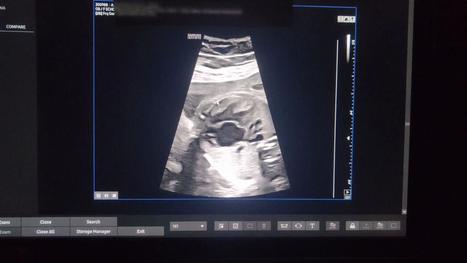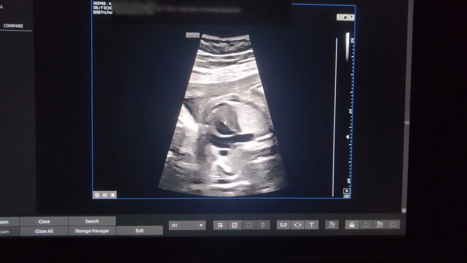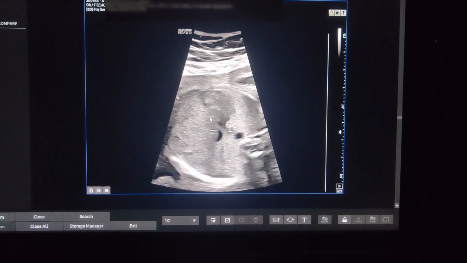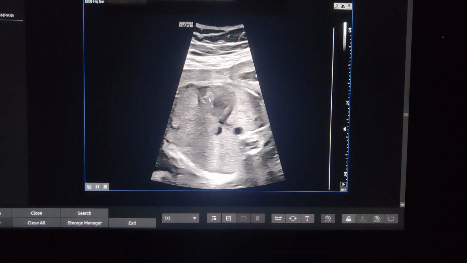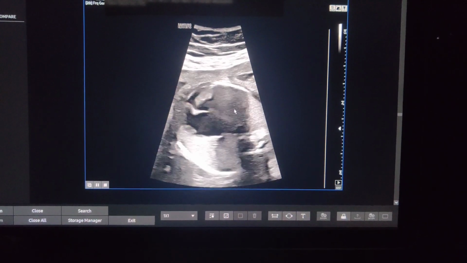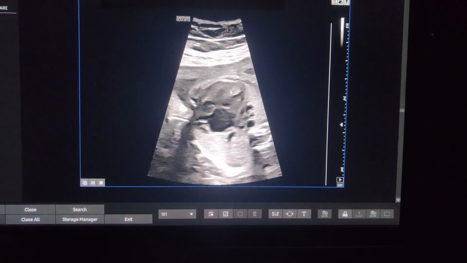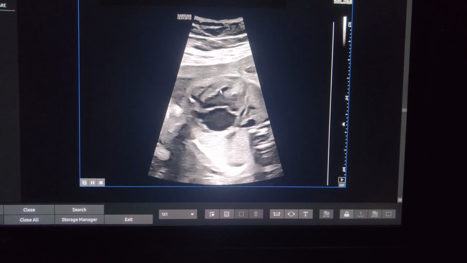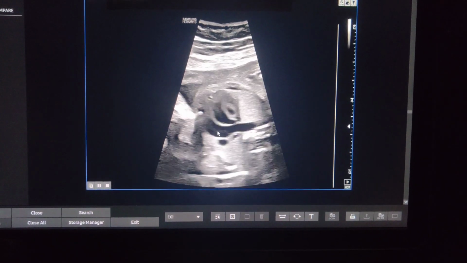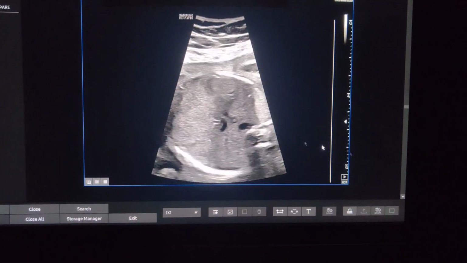So from the four chamber view, when we go to the three vessel view, there is loss of great vessel crisscross. The two great vessels are parallel to each other, and the two great vessels are seen to come out from the right ventricle. Now this is the left ventricle. The left ventricular outflow tract is not there, and from the right ventricle you can see the two vessels coming out. This is the aorta, that's the pulmonary artery, and this is the brachiocephalic vein.